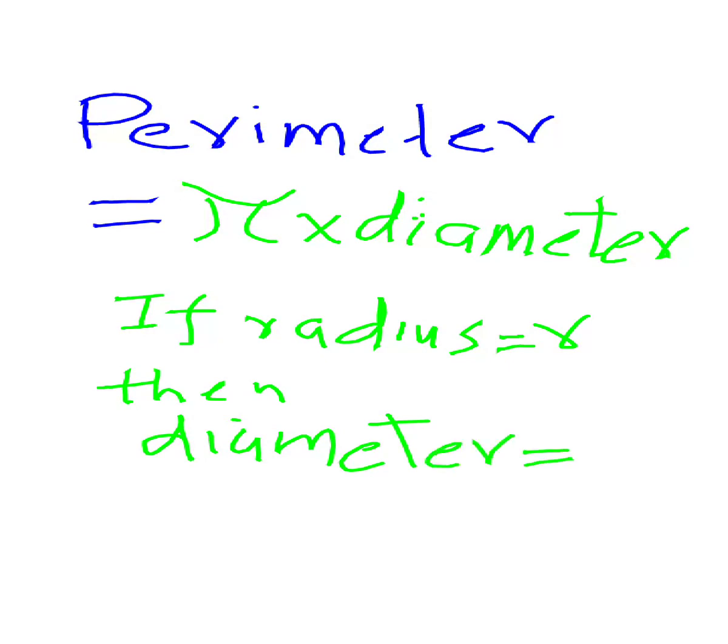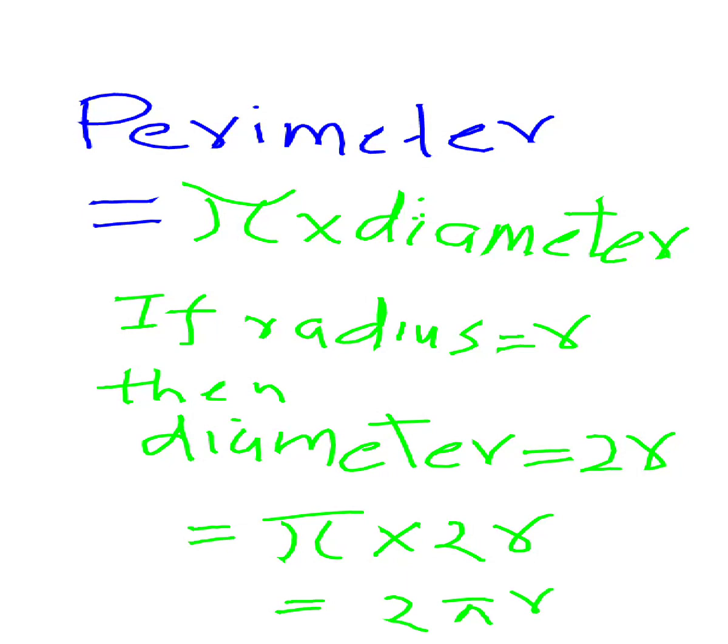Okay, so what will be the above formula for perimeter? It will come out to be pi into 2r. Okay, you can also say 2 pi r. Getting it? Okay, very simple, but it goes a long way. You should know this. Okay,